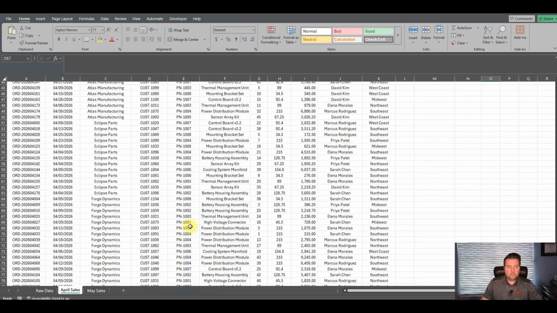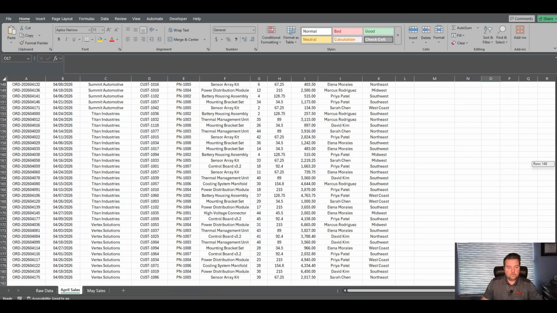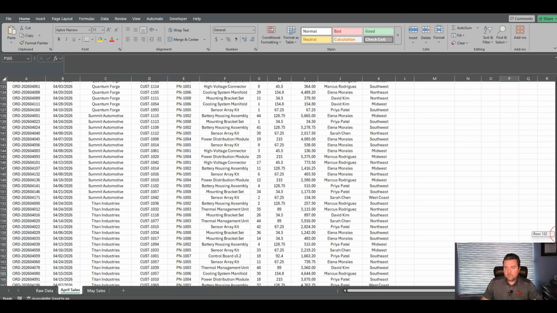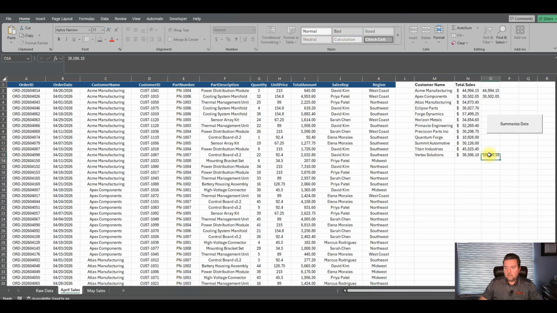Now, if you really wanted to do it, you could go to the last one and check the last one, because if there was going to be errors, it would show up at the end, most likely, where everything would have added up over time in the program. But we're good. We're looking really good here. Okay, so now what we've done here is we've got total sales by month for each customer, which is great, because later we're going to use this to start to formulate some strategies around it.